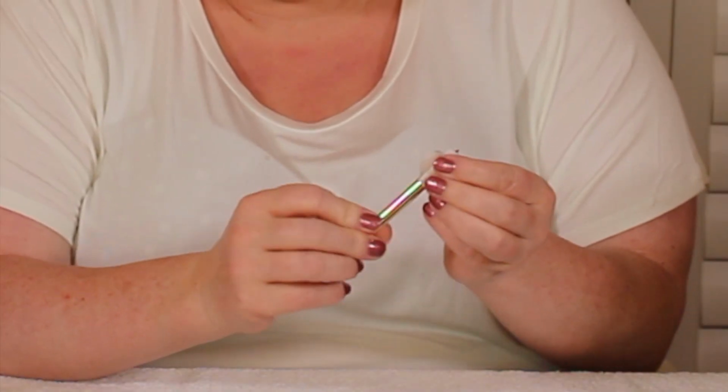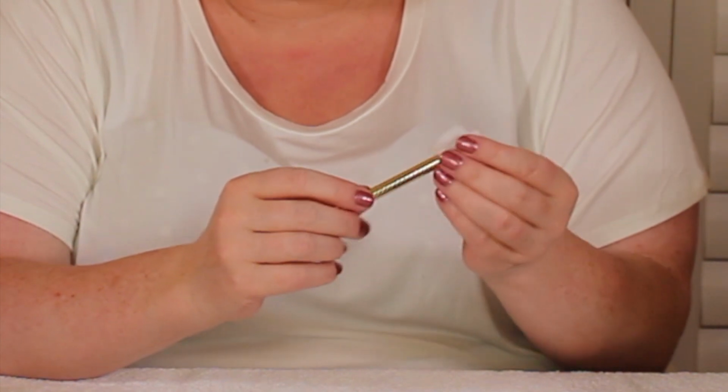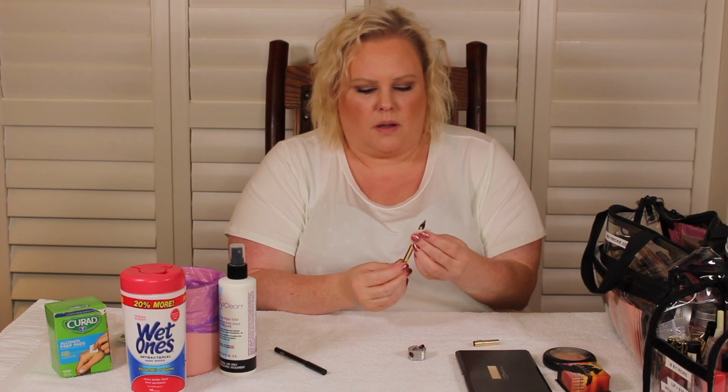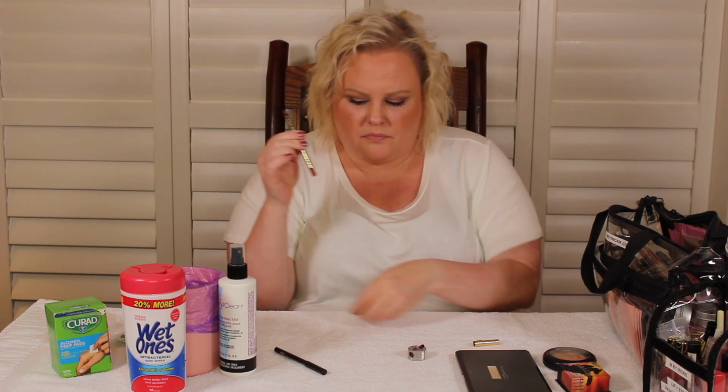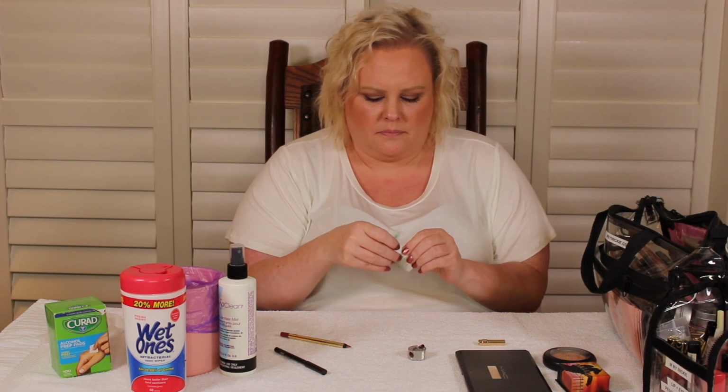And I wipe down the tip of that pencil, just like that. I also wipe down the outside of the pencil, like that. And then I take another alcohol wipe, and this one goes inside the cap to the pencil, because once you put the lip liner on your client,